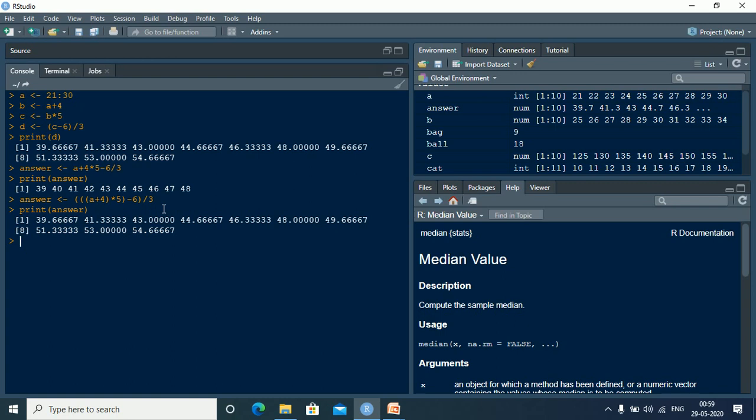So this parenthesis and the way in which you are representing your data makes a lot of difference to the kind of outputs you are getting. So it's very important to take care of the rules and the operations which get carried out. In this case it is very important to pay attention to how you are giving the input to R. So the way the input is given, in similar fashion you are going to see your output as well.